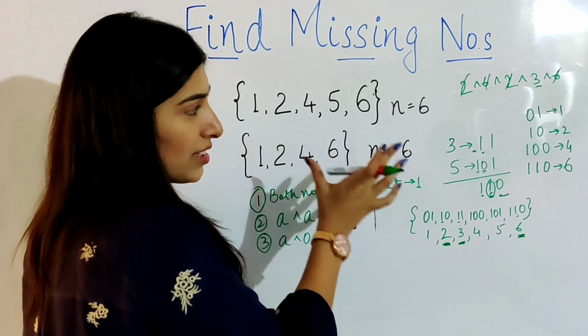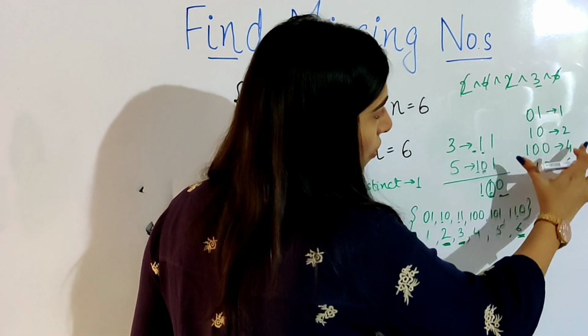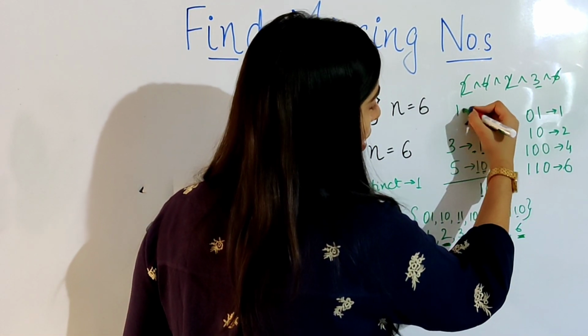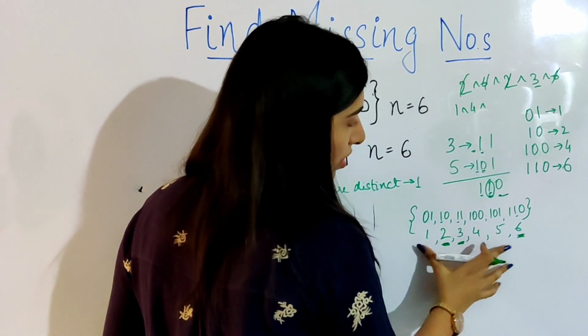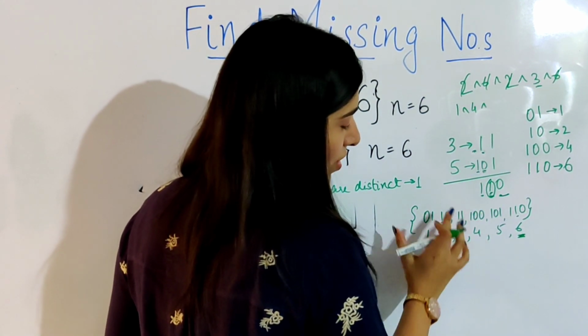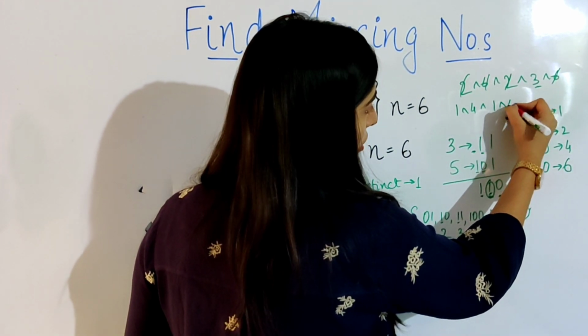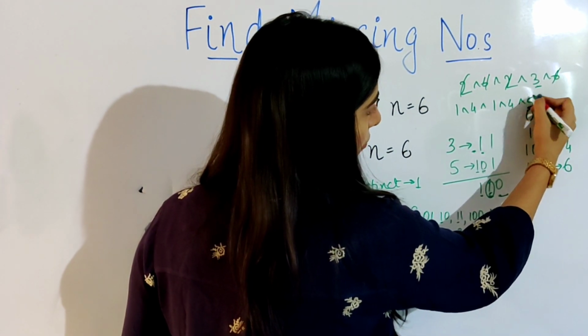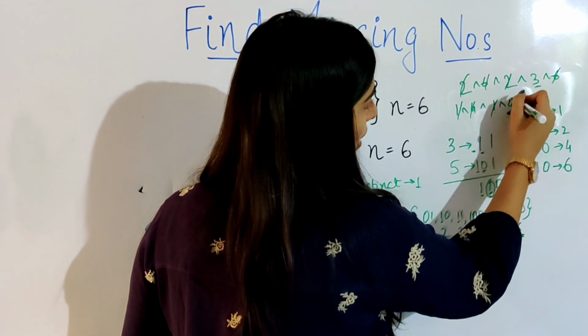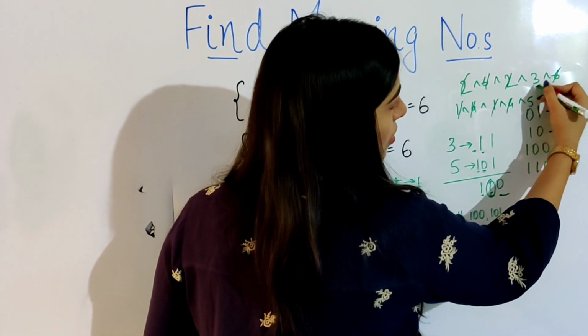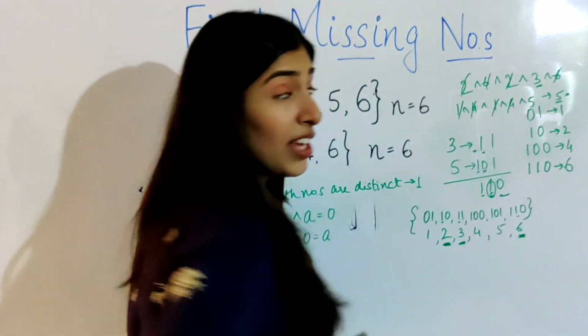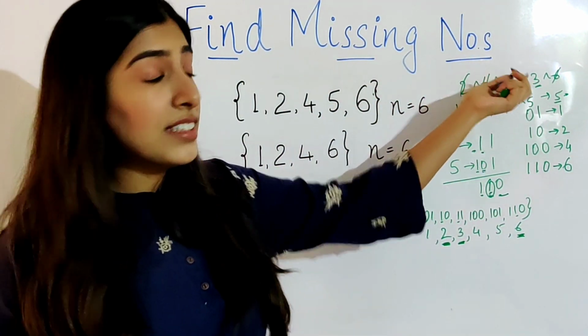Now we XOR all the numbers that were unset. From the given array, the numbers that were unset at that place are 1 and 4. So we XOR 1 and 4 with all the numbers from the original range which have the second bit as unset. That will be 1, 4 and 5. So when we XOR them again, the answer will be 5. So yes, we have found our final answers that are 3 and 5.